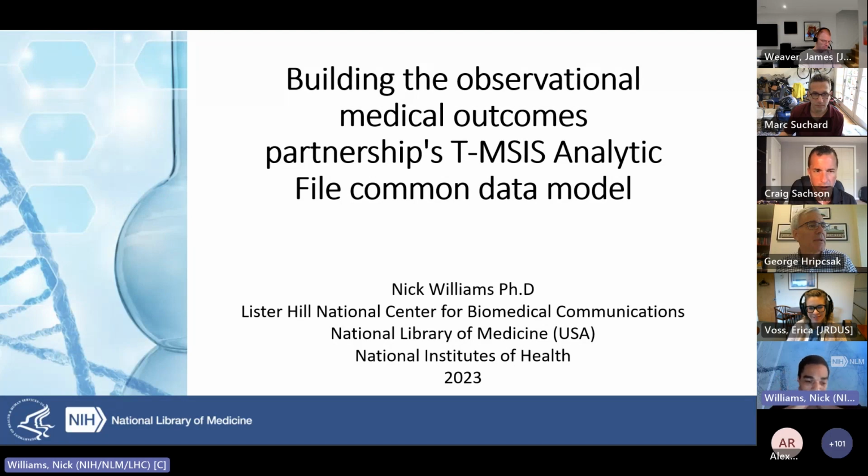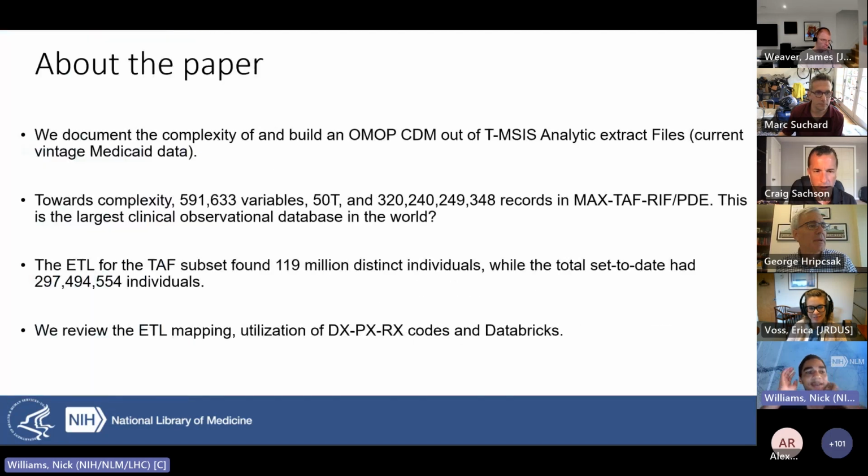So what we did with this paper, it's actually pretty fast, is first I want to talk about the paper briefly, and it's available so you can read it. But then I want to talk about why we did this, and the why we did it is the interesting part. So what the paper is about is we document the complexity of, and then we actually go out and